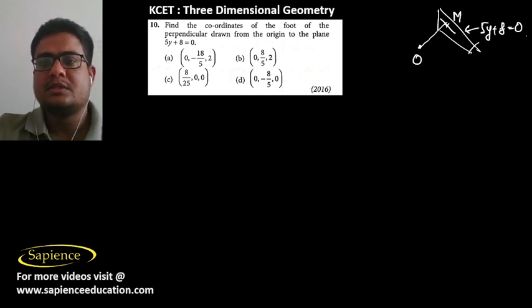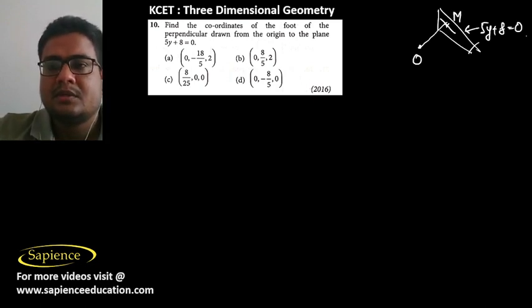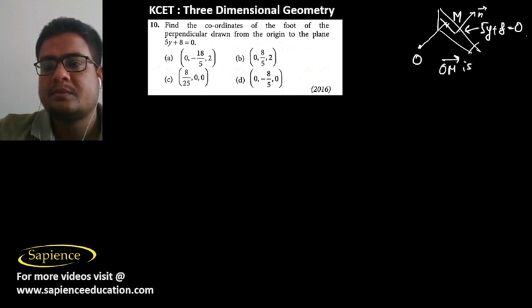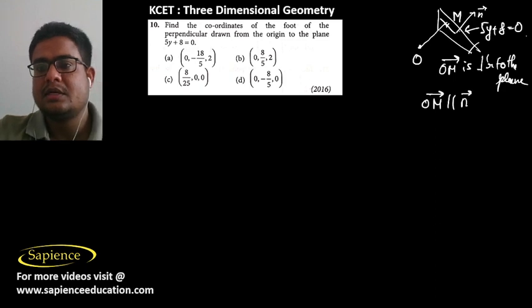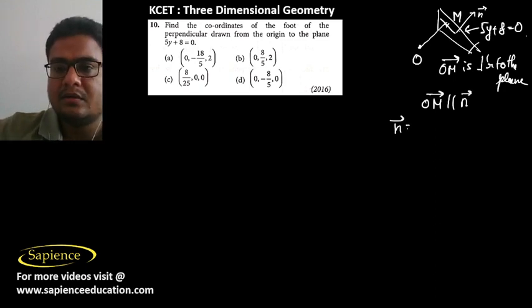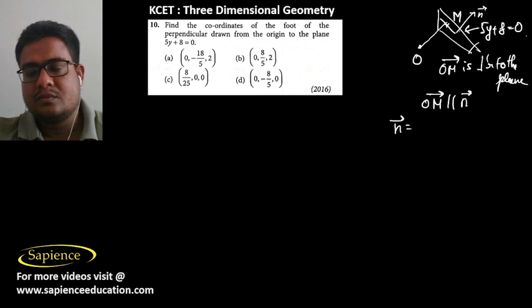So let's say that is M. The OM vector is perpendicular to the plane, so OM vector is parallel to the normal vector to this plane, it is n vector, and here n vector is equal to